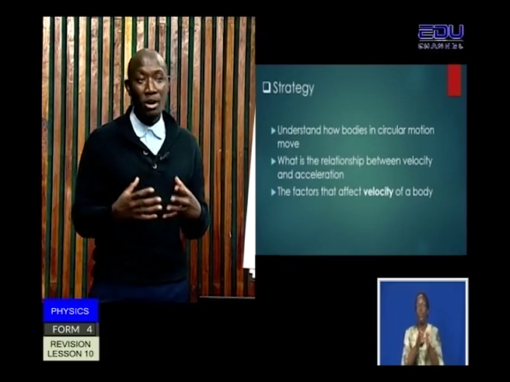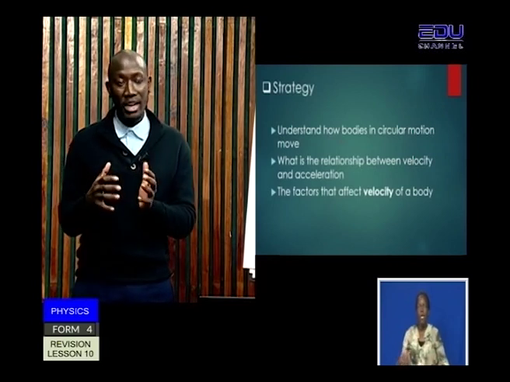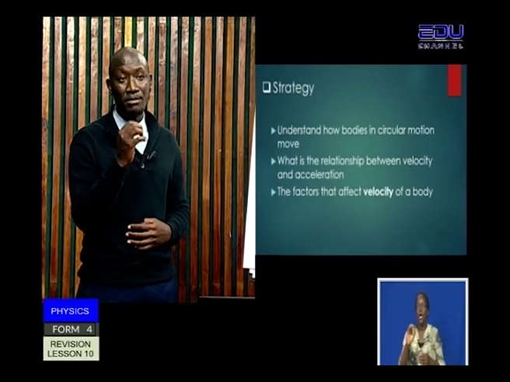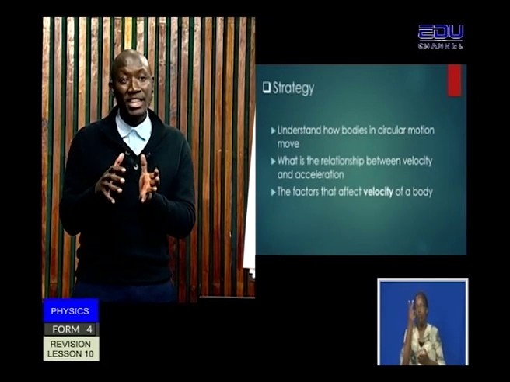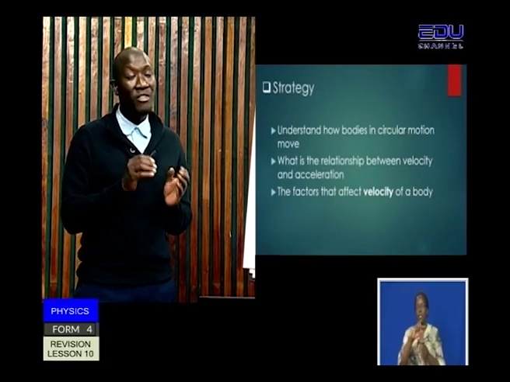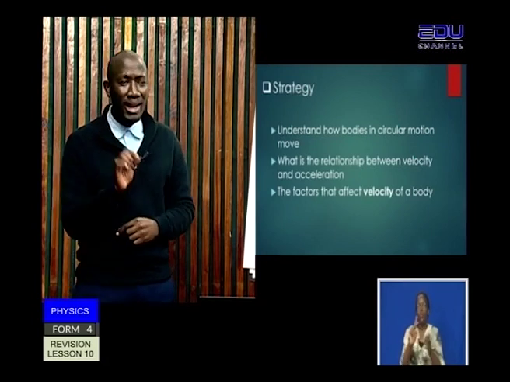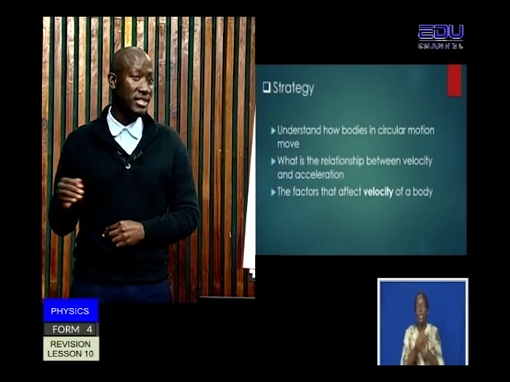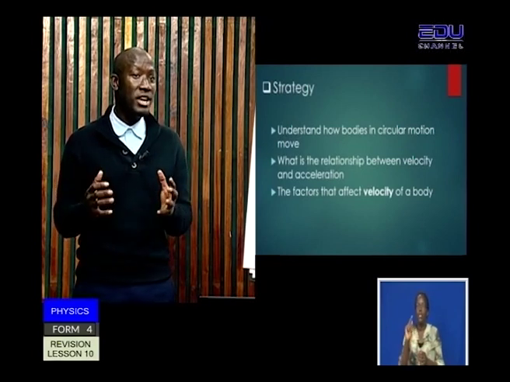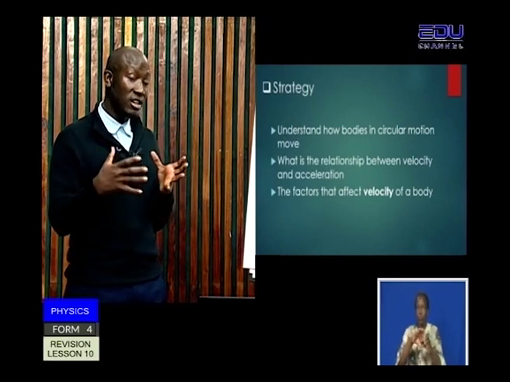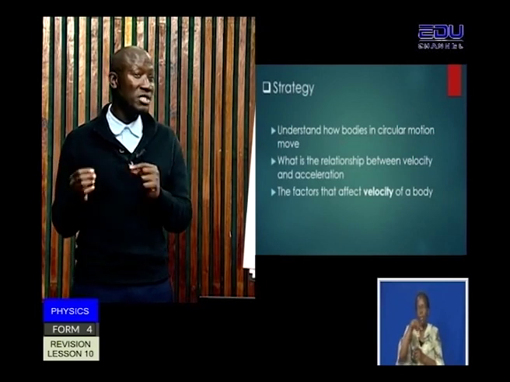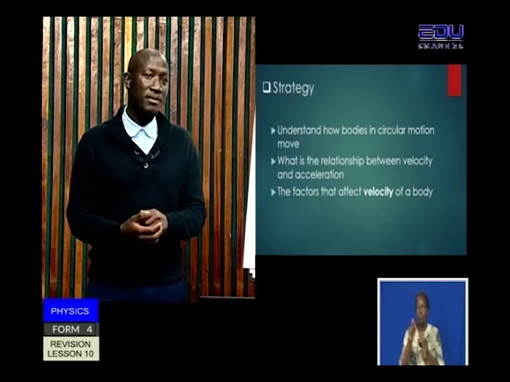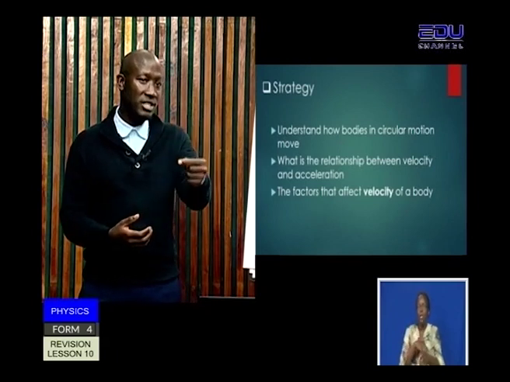So if a body on a circular path is moving with a constant magnitude, let's say 20 meters per second, but direction keeps changing, then that change in direction implies a change in velocity, even if the magnitude is the same. That is why when a body is moving around a circle with a constant speed, magnitude, as long as its direction keeps changing, we consider that velocity to be